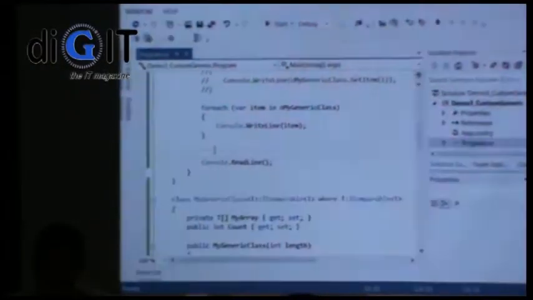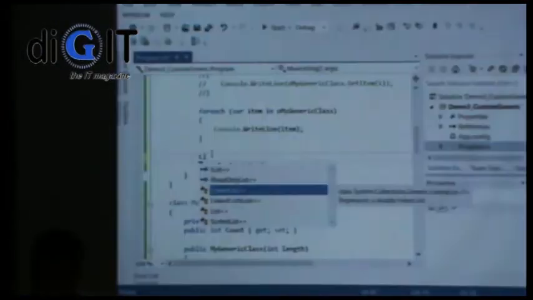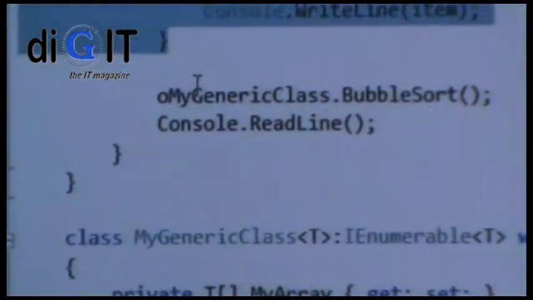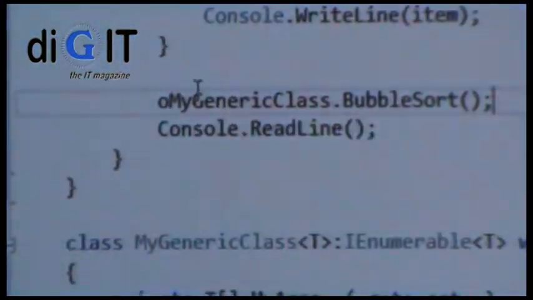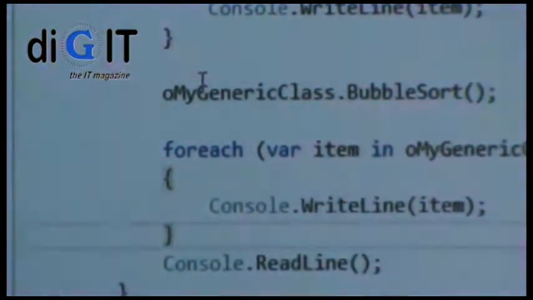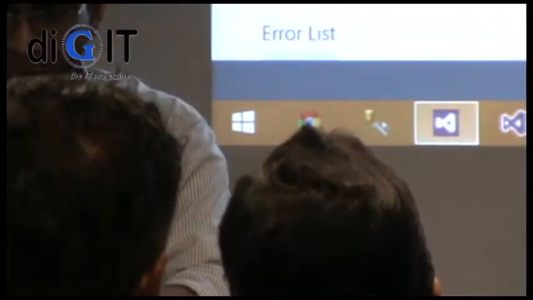I'm getting A, B, and if I put the list, and I'm bubble sorting it, and I'm printing. Okay, now it's sorted,